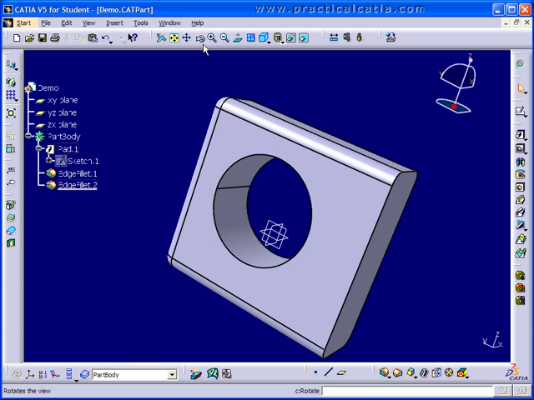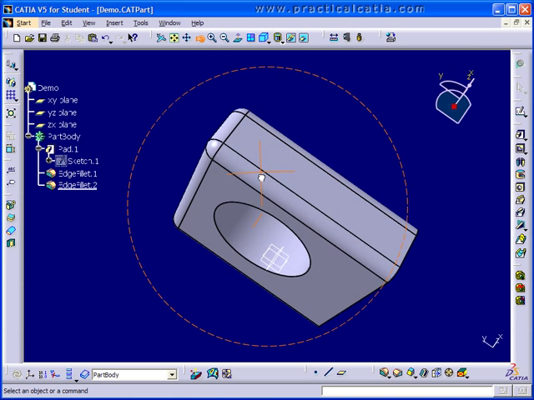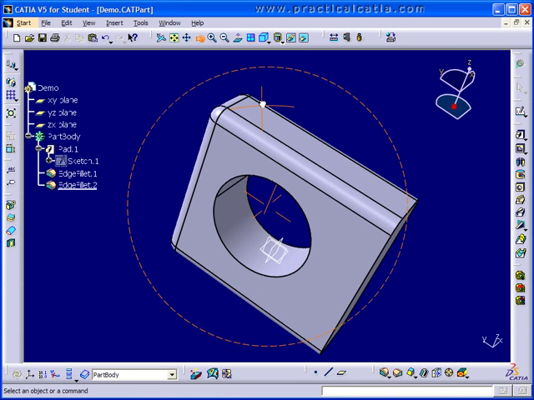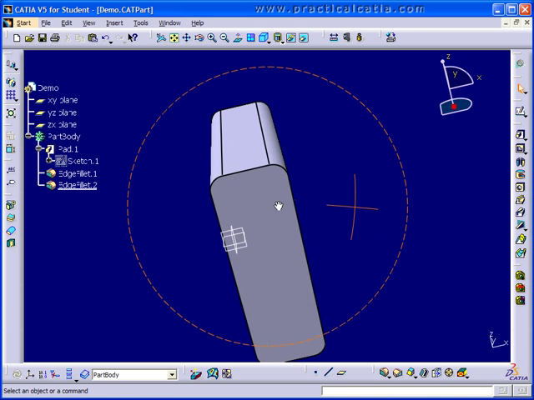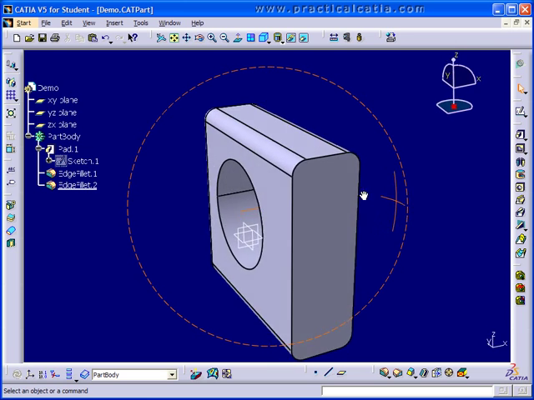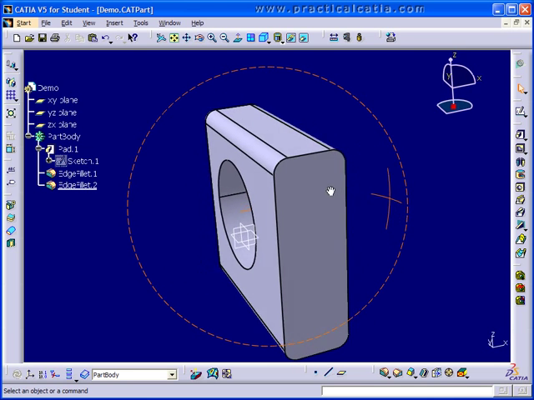Okay. Rotate I can do also. If I select the tool and rotate, it's wherever I put my cursor. I depress it and I move it, and I'm rotating. I can also do this with the mouse. If I depress the middle mouse button, and while holding it down, depress either the right or left mouse button, I'm rotating. So that functionality is built right into the mouse without having to go select the rotate tool